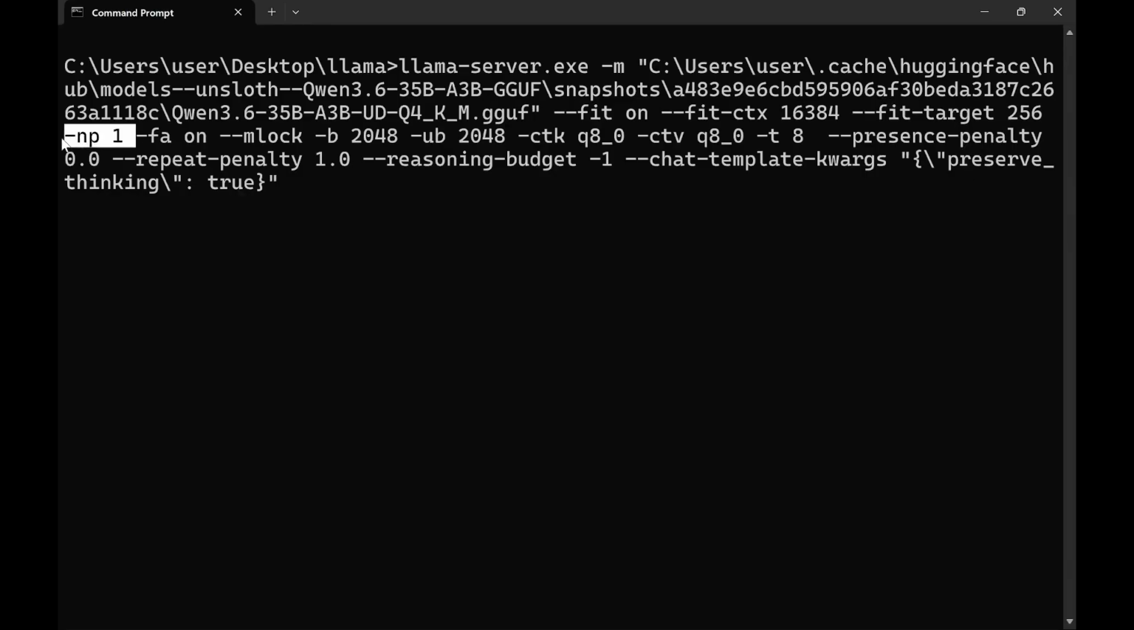Then we are specifying the number of parallel users to 1 because this will be for personal usage. If we don't, we'll get the default of 4, which will slow down the performance. We turn on the fast attention, and then we are locking the memory not to be disturbed by other